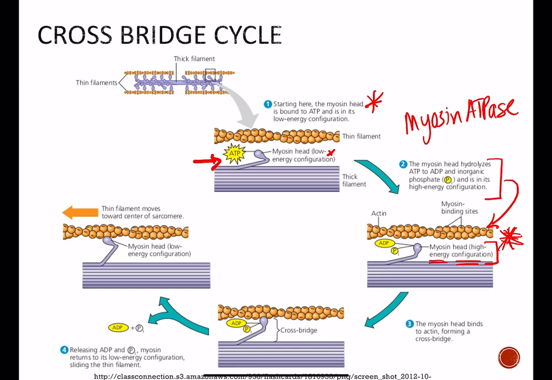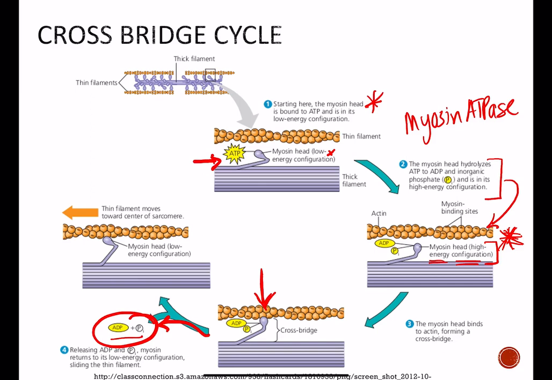Now that the myosin head is no longer bound to ATP because the ATP was used to convert it to its high energy state, the myosin head can bind to actin, which causes the ADP and the phosphate to leave. That opens up a binding site that would be accepting ATP if there's going to be more available in the future. As soon as myosin binds to that active site and the ADP and phosphate dissociate away,